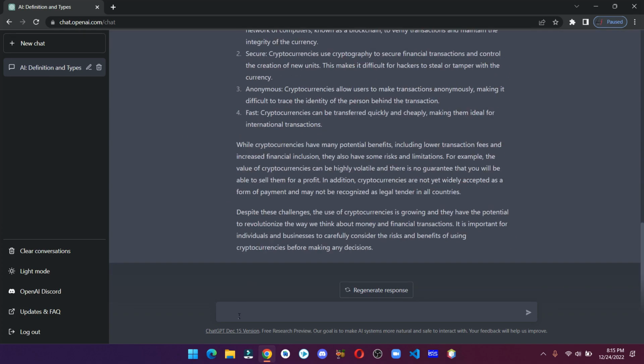It will provide you with detailed information. Let's say you want a bit shorter blog post, just give the command and you'll get the information right away.